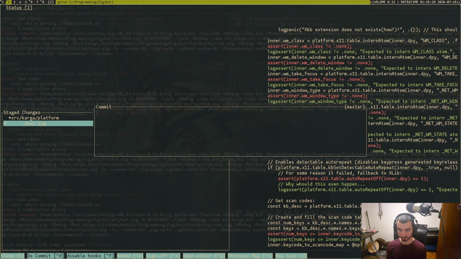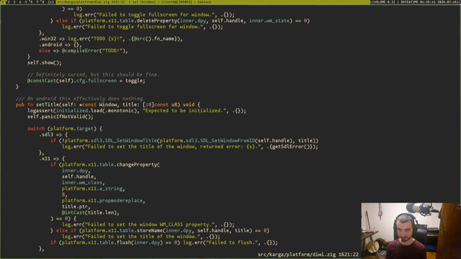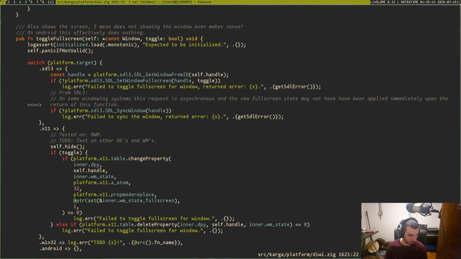Remove. This is also a minor change. Use log asserts instead of asserts. There we go. That's been committed as well. And the next one,